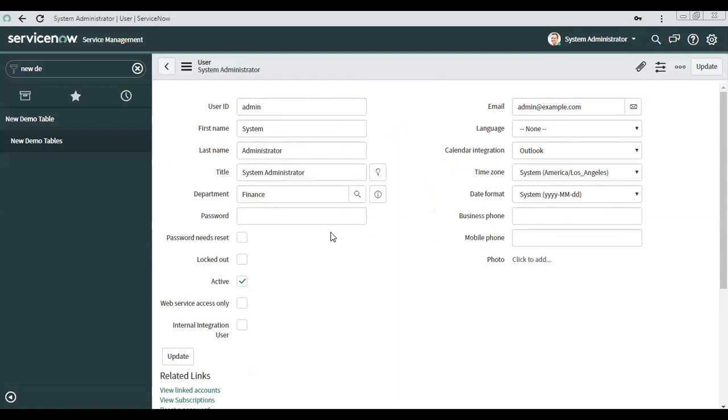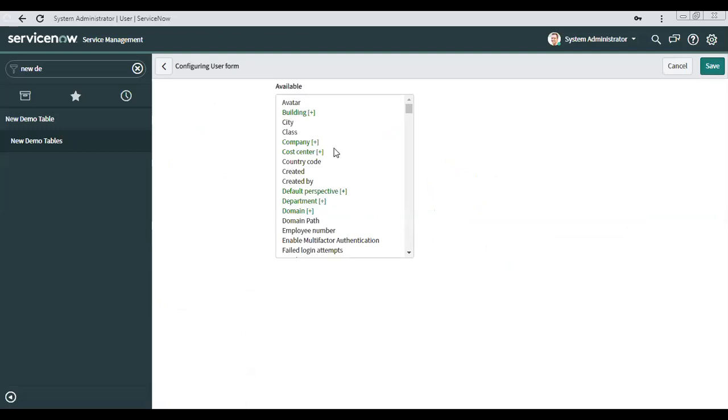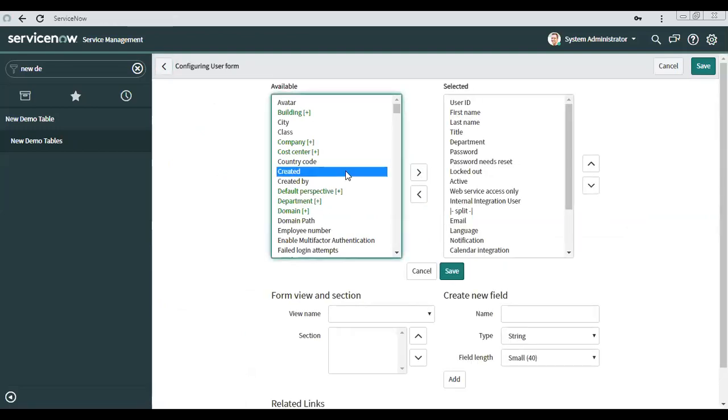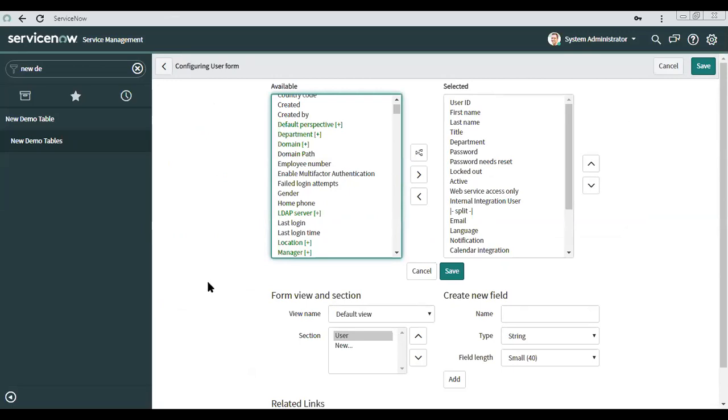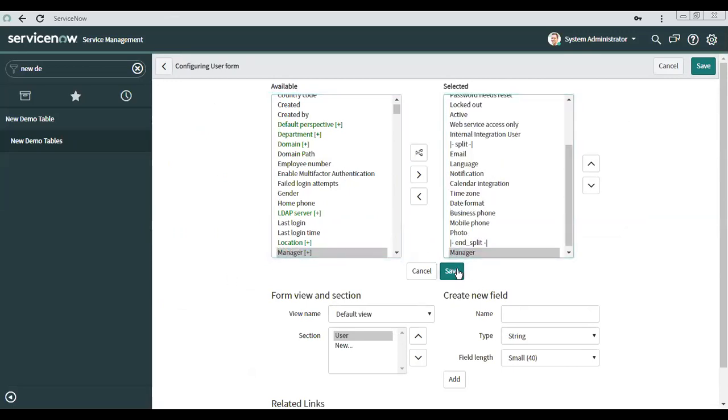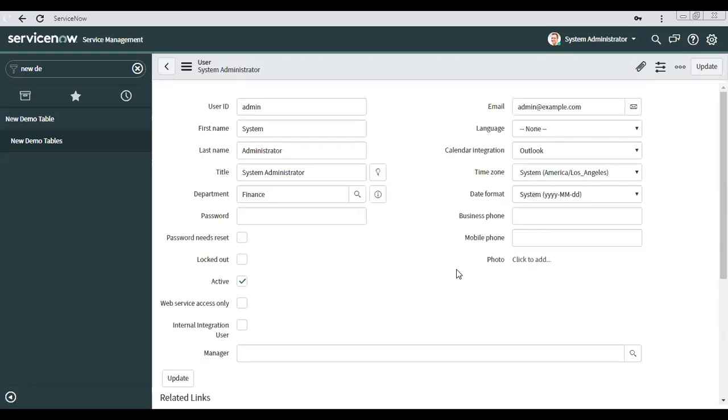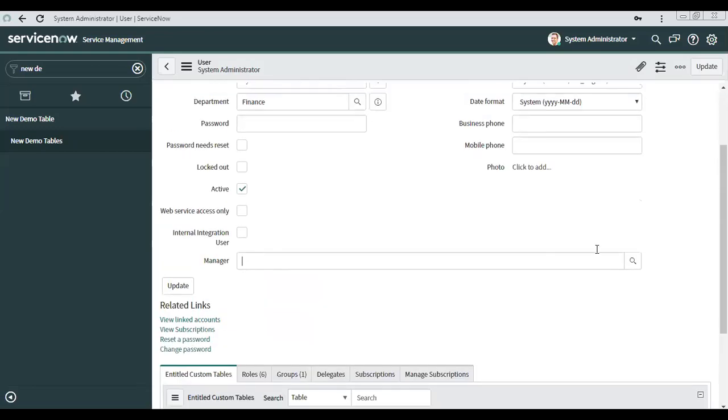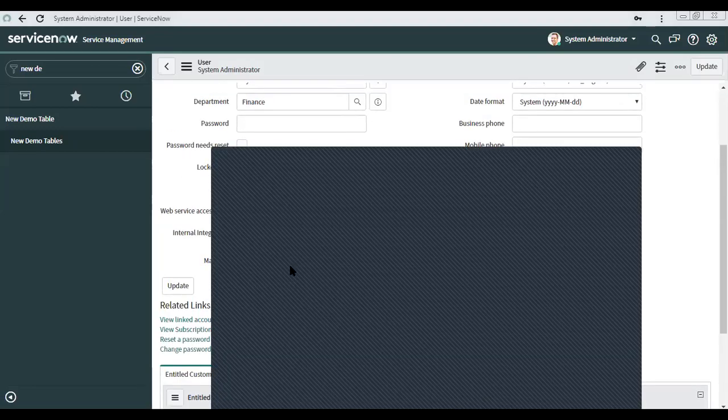Configure form layout. So manager plus means there is another table called manager? No, that is the user table only. It refers to a record of the user table.